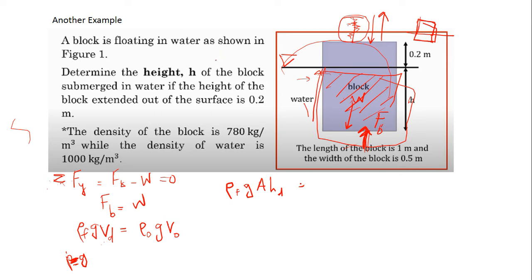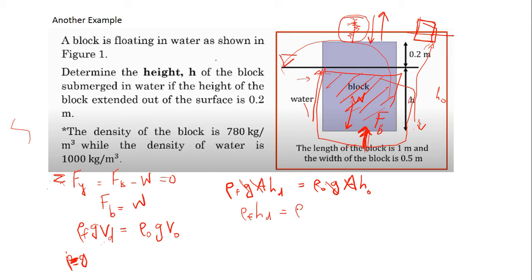The surface area is the same, equal to rho of the object times g times A, the surface area, times the total height HO. This HO is the length from the bottom all the way up. Because of the same values, you can cancel out g and A. So now you have rho of the fluid times HD, the one you want to find,